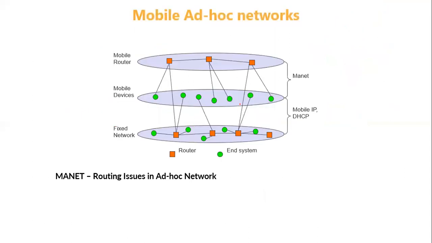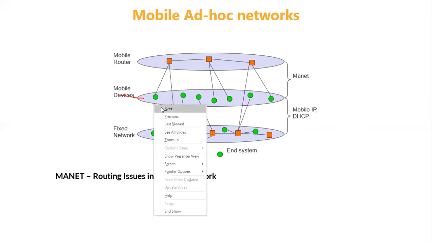So this diagram shows how ad hoc networks differ from the normal fixed network. For mobile devices, all communications depend on the fixed network, in the sense of the backbone. In the backbone there may be different devices like base station, BSS, MSS, MSC, and public switched telephone networks. Based on that infrastructure only, the mobile network or cellular network is working.